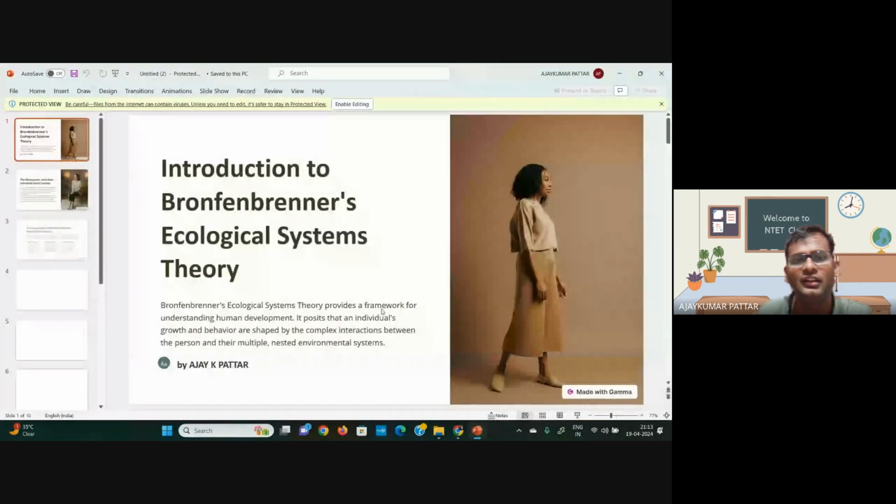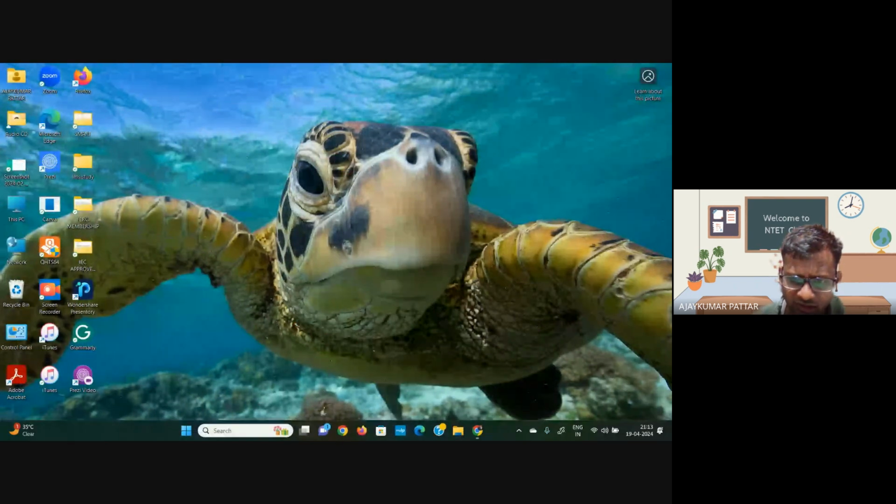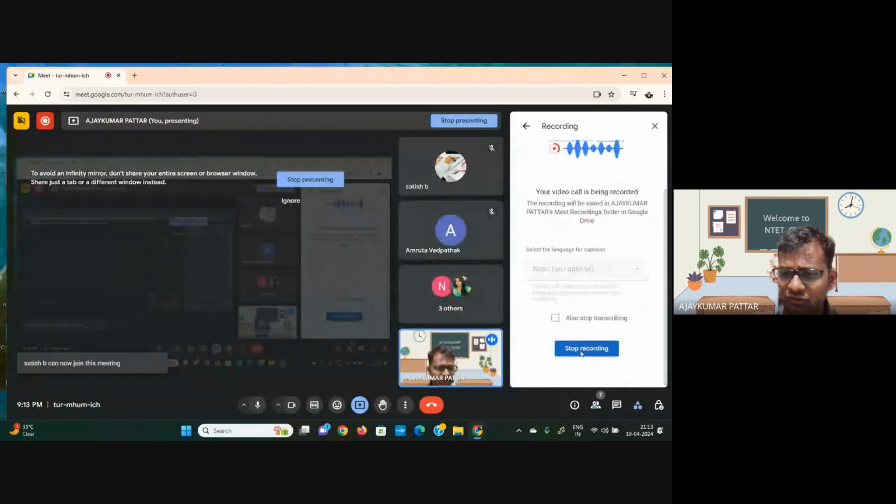This is the Bronfenbrenner's ecological system theory. This theory explains what are the ecological aspects. This theory का कहना क्या है? The human development and this overall learning will depend on this ecological system. So we will discuss it in the next class. So please go through any textbook or any material available. Lot of materials available online also. So you can read and